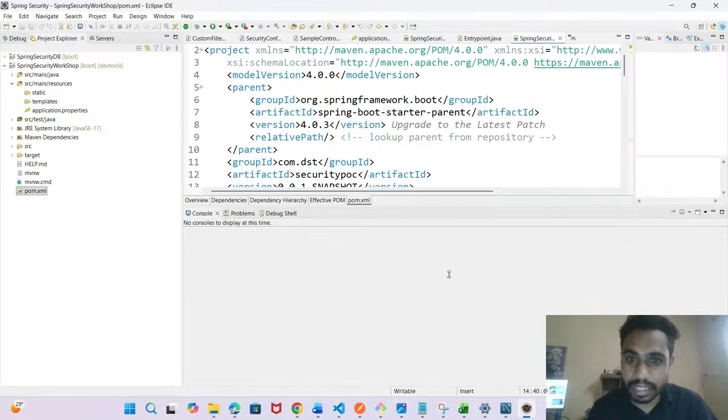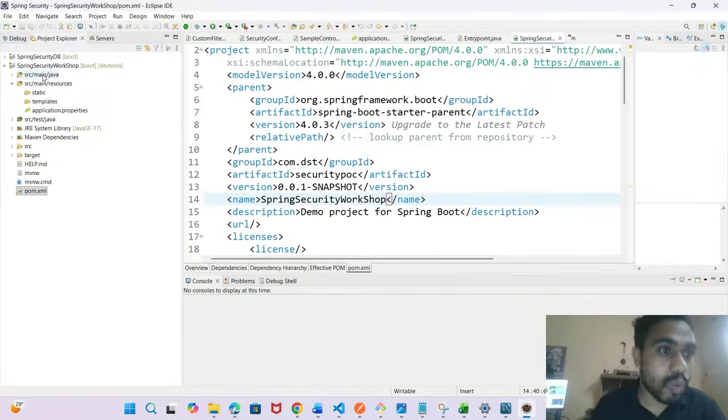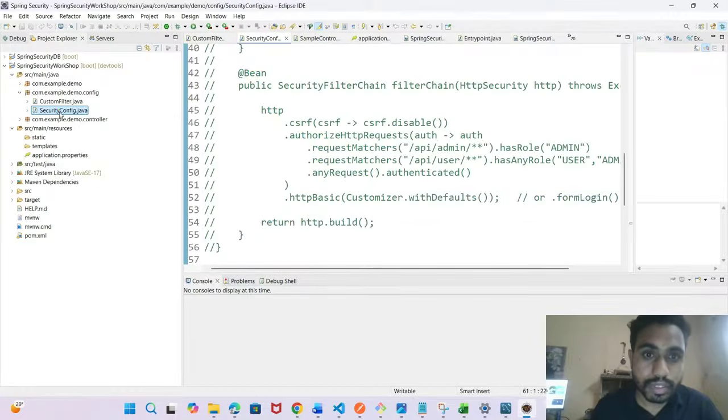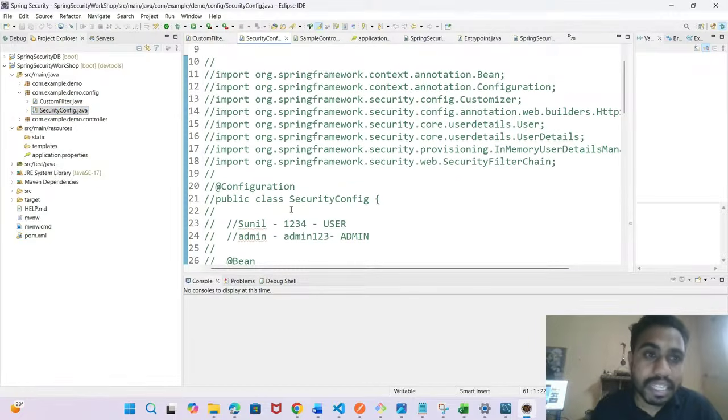Guys, now you see what I am doing here. I completely removed the security config.